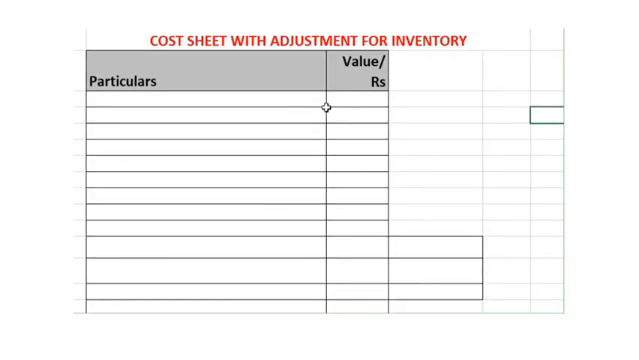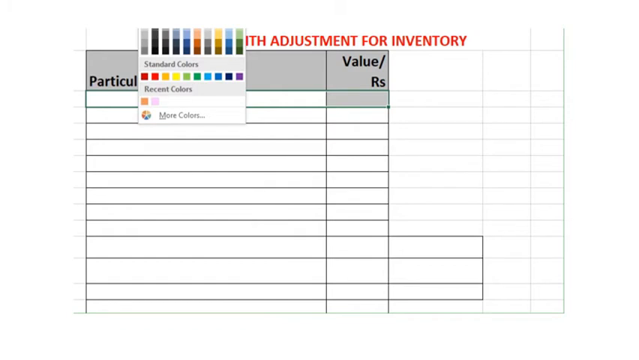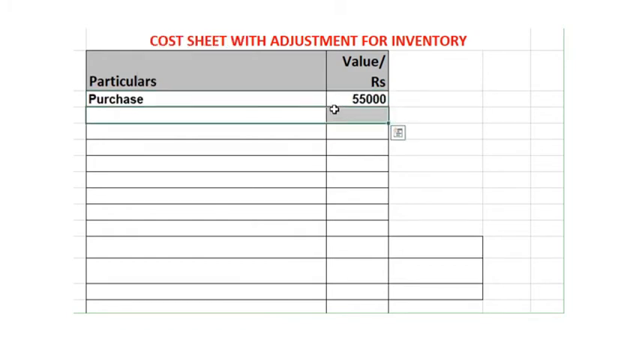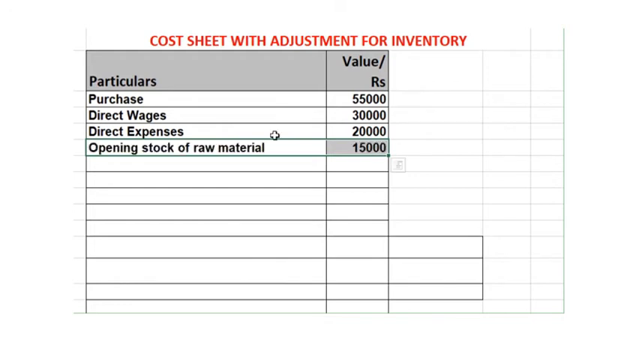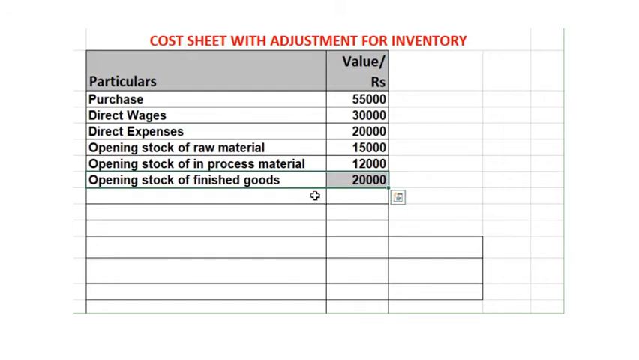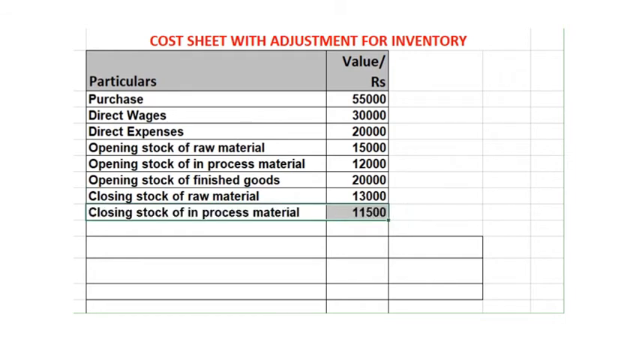I want you to do the problem along with me. Hope you have noted down. The first one is the question, given data: purchase of raw material is 55,000, direct wages 30,000, direct expenses 20,000, opening stock of raw material 15,000, opening stock of in-process material 12,000, opening stock of finished goods 20,000, closing stock of raw material 13,000, closing stock of in-process material 11,500, closing stock of finished goods 10,000,